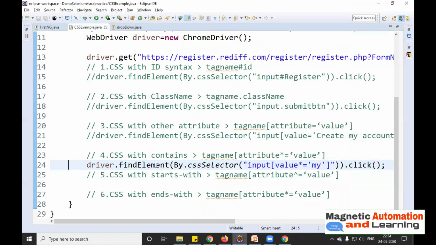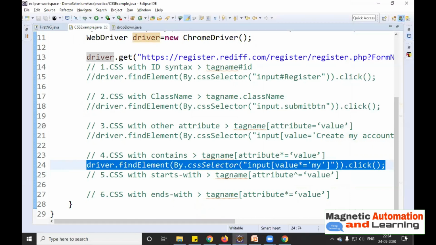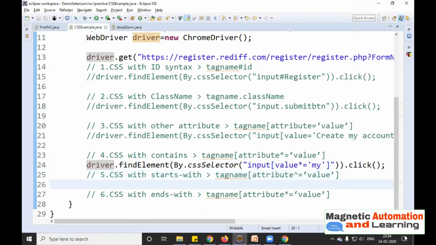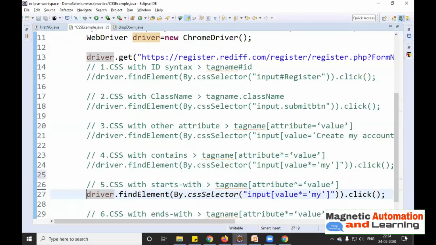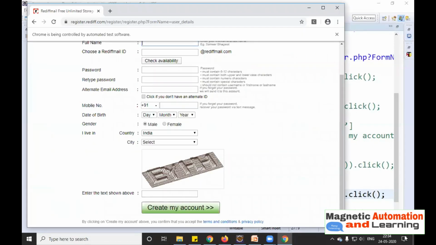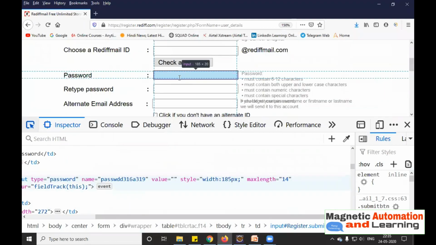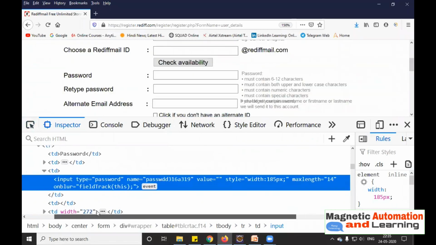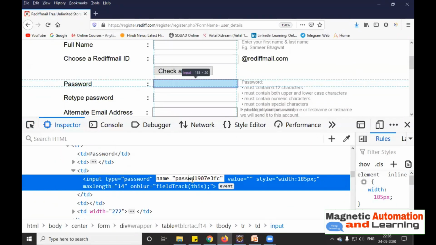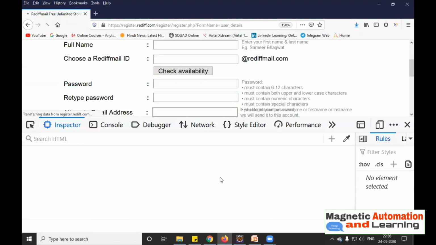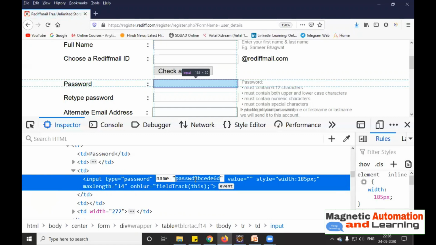Now let's see the second last. Here we are going to use starts with. For starts with, we have various options available here on Rediff. Properties like first name or password have a dynamic property. You can see name equals to passwd, this much is constant, and the other part is what? Changing. If I do refresh, you will get a little idea. You can see after refresh, the last part of the name is changed.